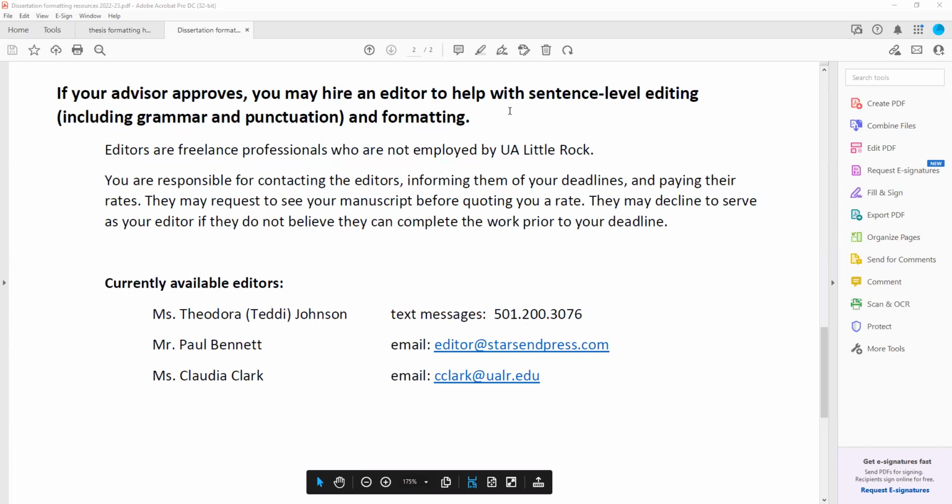Some manuscripts are very easy and quick to work through, and others take longer. They may decline to serve as your editor if they don't believe they can complete the work prior to your deadline. So on this version of the handout, I have 3 editors listed, and since then I've had another editor, Dr. Mia Phillips, agree that she would also like to be listed. So again, when I give this handout to the GSA folks, I'll have this information for you.